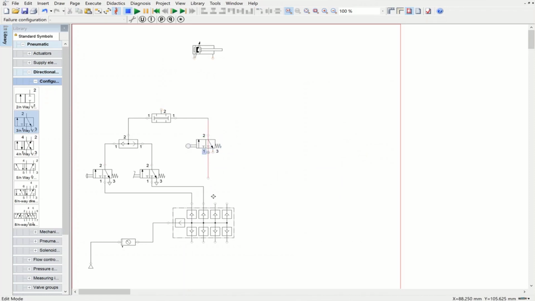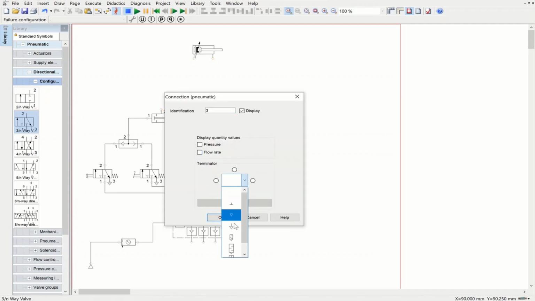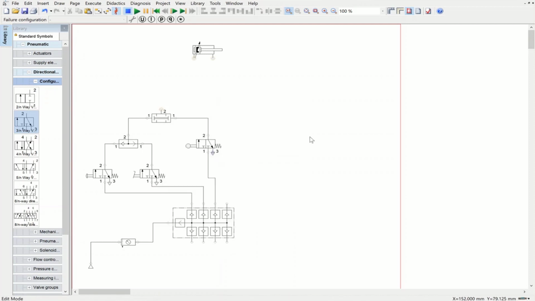And I'm going to connect this here. Right, now we have everything set in terms of basically air supply for this part and connection to the twin pressure valve. This is the exhaust,